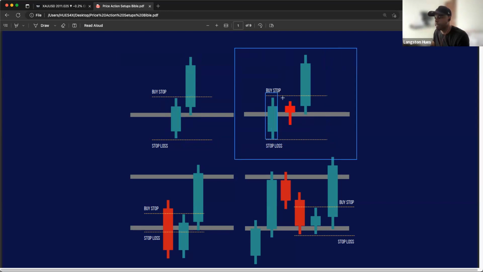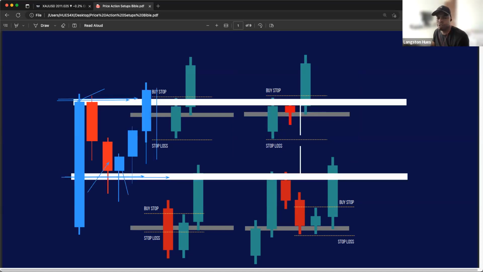Price closed above the range. Next candle closed bearish, retesting the resistance, which is now a support, because this candle closed bearish, respecting the support above this support, right? Which was a resistance, but now it's a support. And the next candle drove up. It was a break and retest. Price broke up, it retested, and then it continued, right?